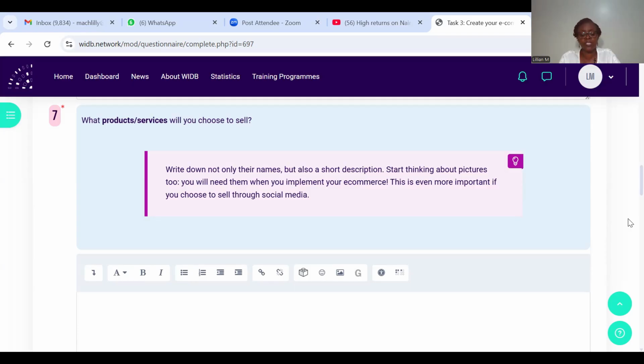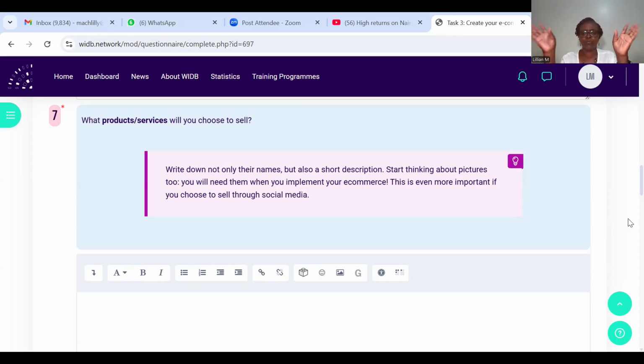So the things you've given me are just the names. Would you be able to also write a small description? So you say water bottles that are hard to break, like this one I'm using here. This one is an infused bottle. It has that tube in there that you can put your fruits, so that as you're drinking your water, it has the flavor of the fruit. So are they made from hard to break plastic? Are they made from material that can accommodate both hot and cold water?